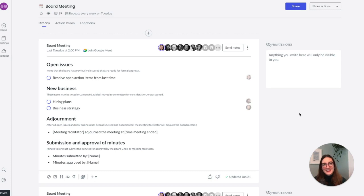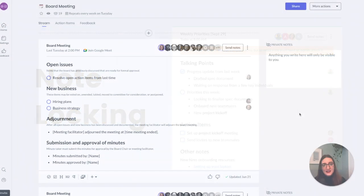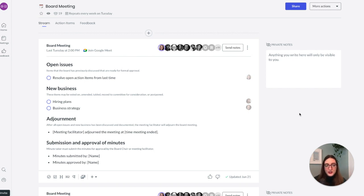Hi everyone, Alexandra here. I'm an engineering manager on the team here at Fellow, and I'm very excited to show you today a demo of our new note blocking feature. One of the best things about Fellow is that for every meeting on your calendar, every event that you're in, you get access to this real-time collaborative notes editor where everybody on the event automatically gets access to start creating talking points, helping you create the meeting agenda, taking notes throughout the meeting, adding recaps at the end,